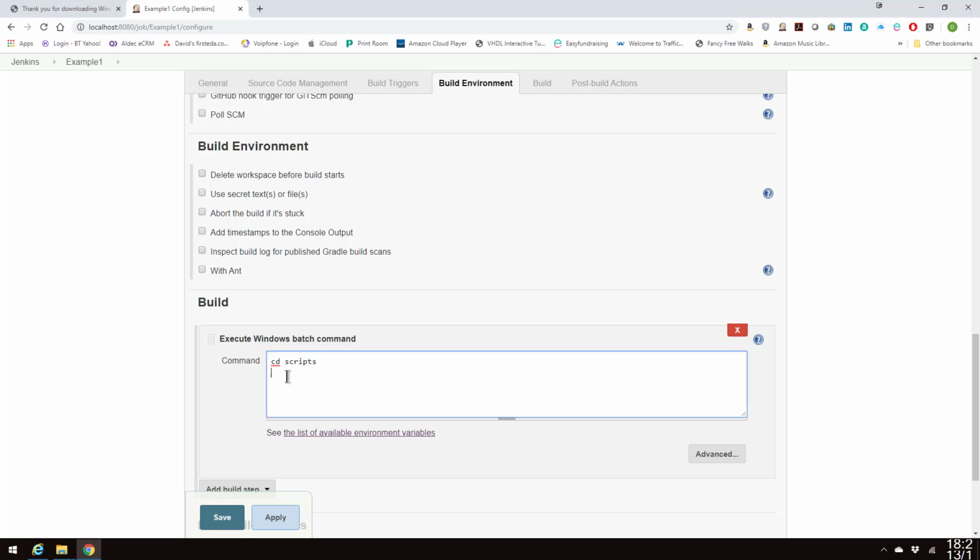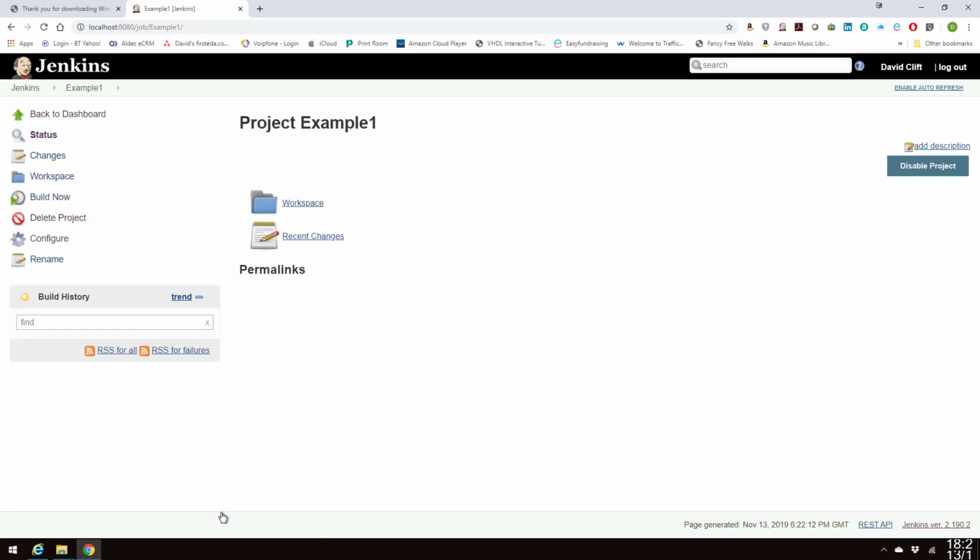So we put in the script we want to run, which in this case is called perform simulation.bat, and we save the project. Now to test this we can just ask it to build now, so we'll click build now,